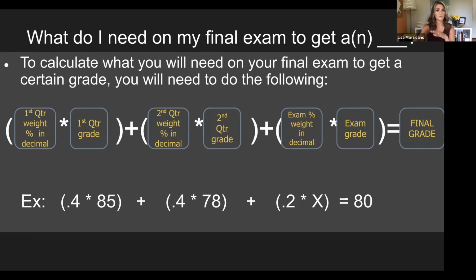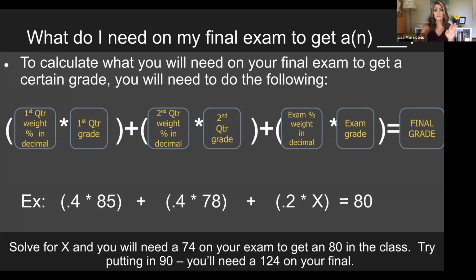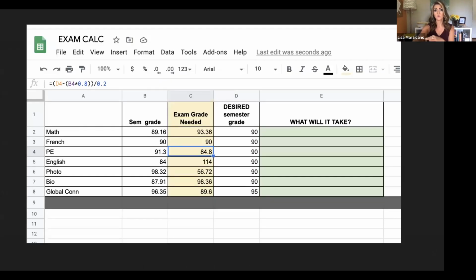We have a formula, I'm not going to go into detail on this, that they use to actually calculate those grades, but what we do now is we just do it in a Google Doc or a Google spreadsheet. You can see up here that there's a formula you can type in, and then you can figure out if your semester grade is such and such, here's what you would need to get on your final exam to get the grade you want for the semester.